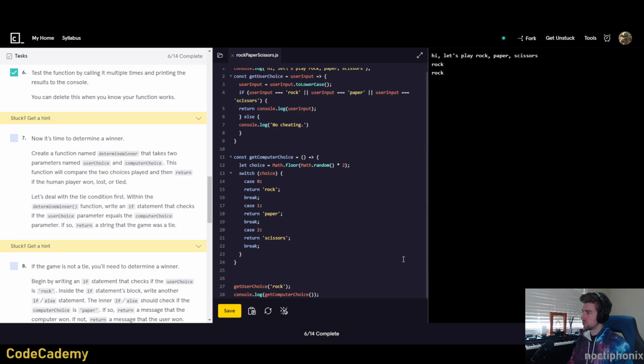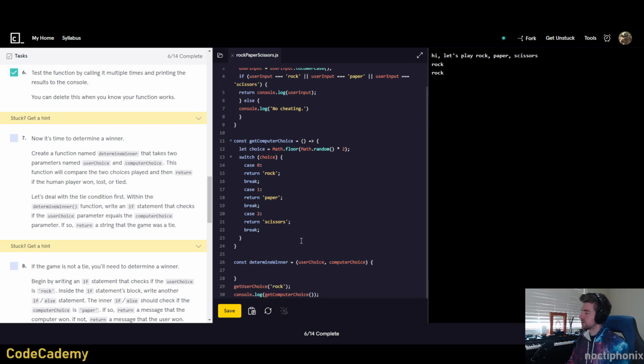Okay, so we want to create a function named determine winner. So const determineWinner equals, and this will have 2 parameters of userChoice and computerChoice. And then inside of the block, we will compare these values. So if the user choice is equal to the computer choice,